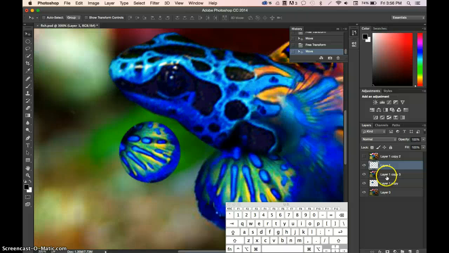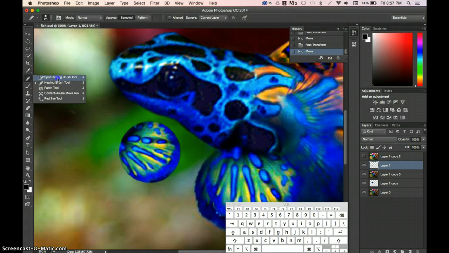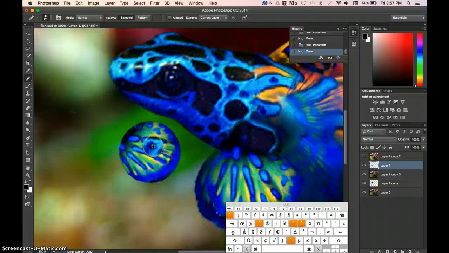So when you're going between different layers and you're wanting the information to go on a new layer, you're actually going to use the same tools. Your spot healing brush tool is not as helpful in this, but you can use your healing brush tool and your clone stamp tool to get this information onto your frog. So I'm going to use the healing brush tool, and I'm going to hold down my Alt key here, which is this key yet again,